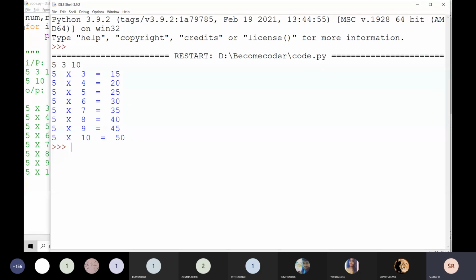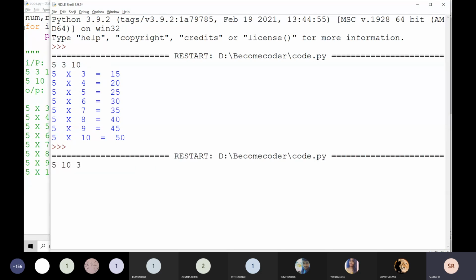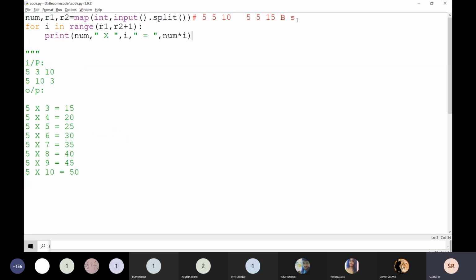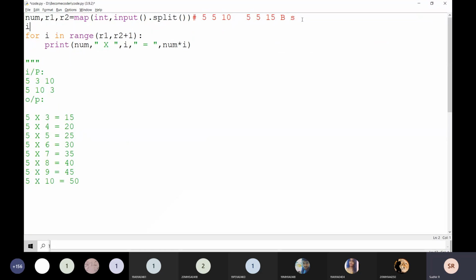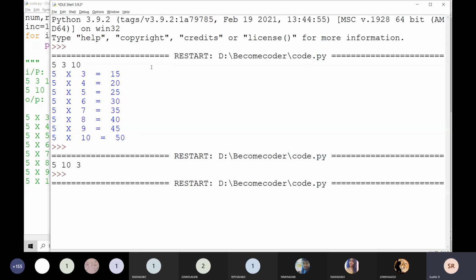Okay, it is clear. Now I'm going to give a different input here. What am I going to do here? For example, inc is equal to 1. I'm taking inc is equal to 1, and here I'm going to write inc instead of this one also. What is the inc value? Inc value is always 1, right? If I execute it,